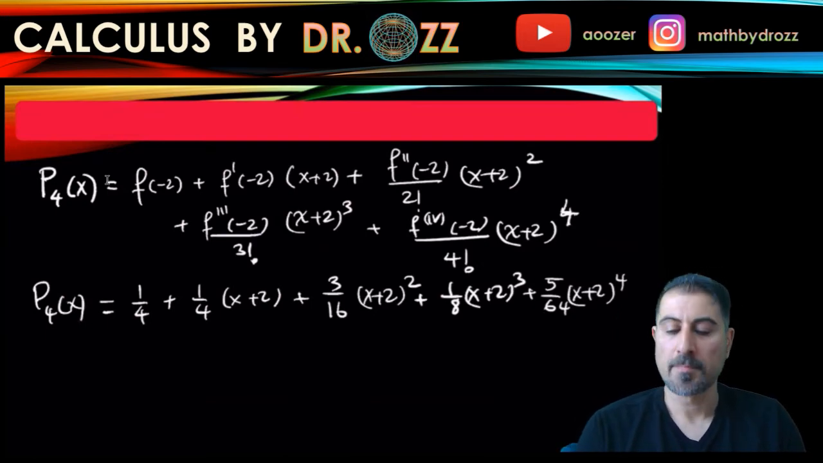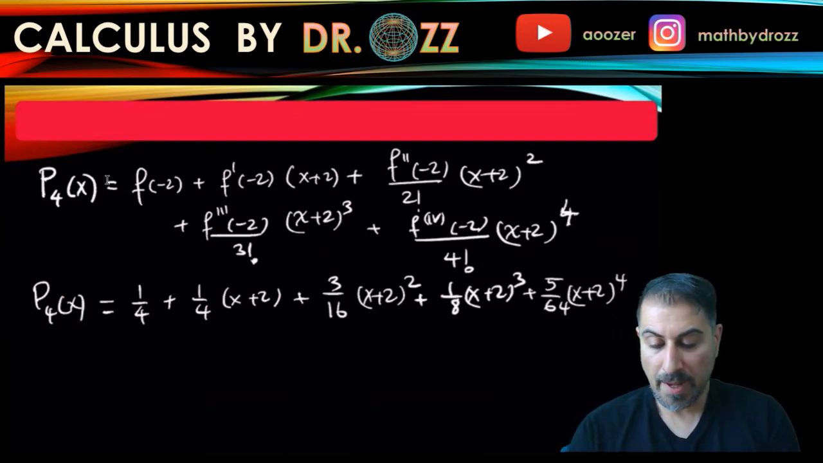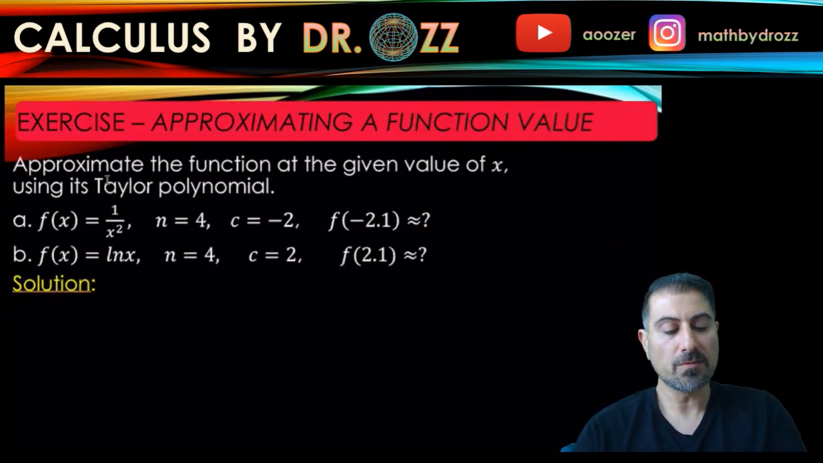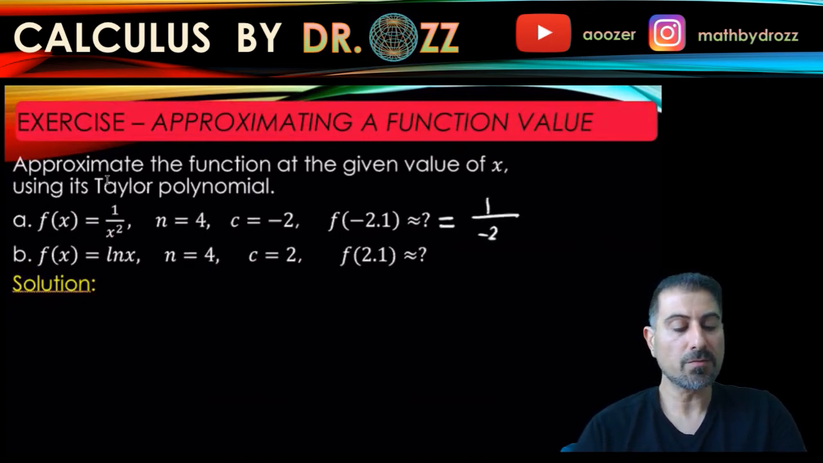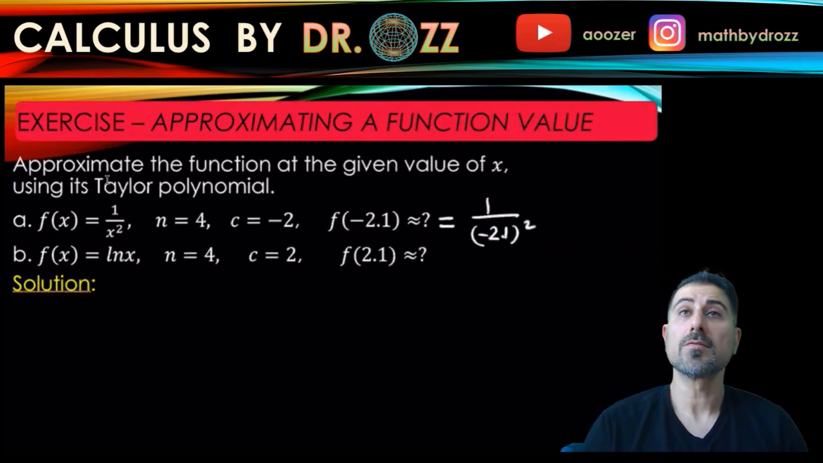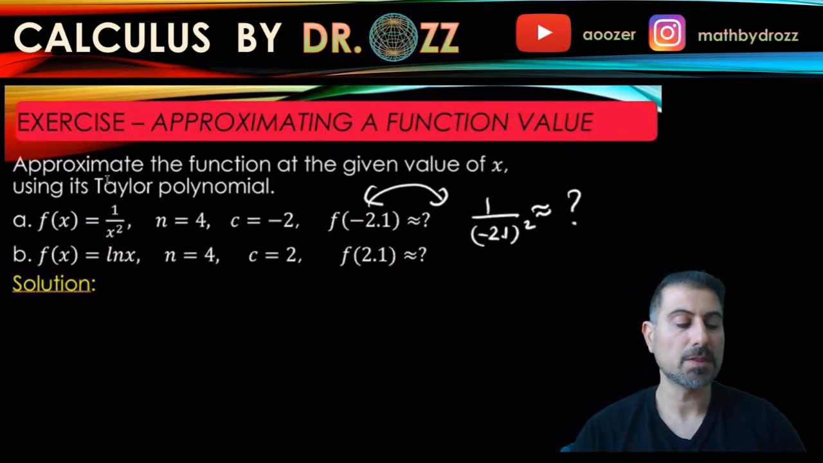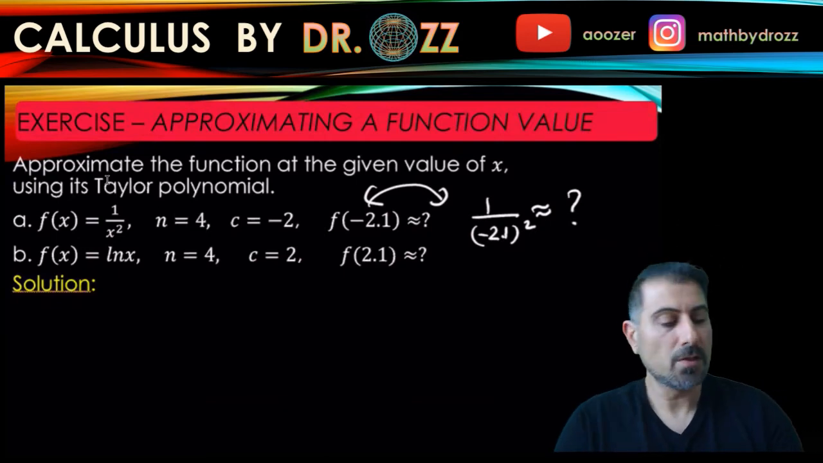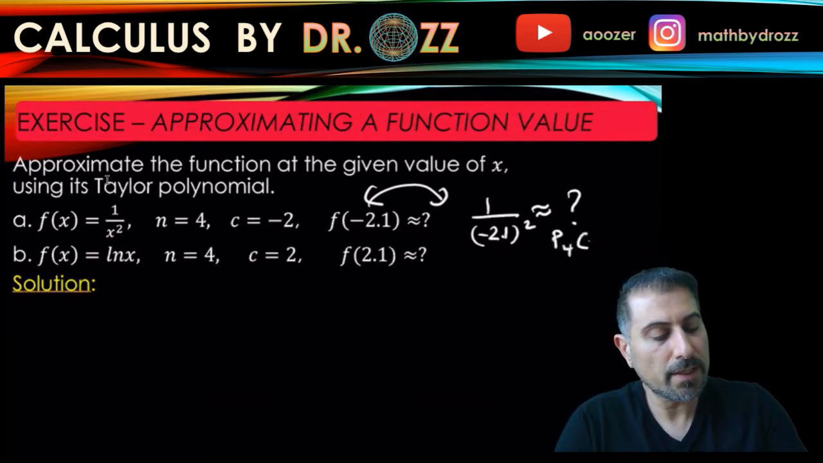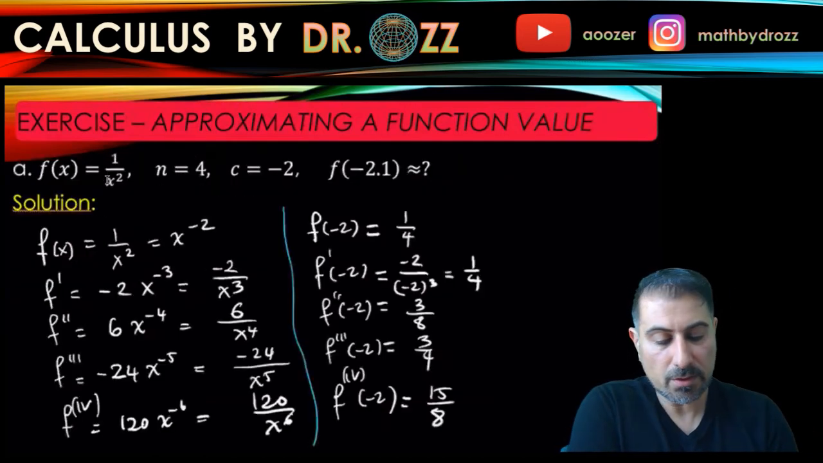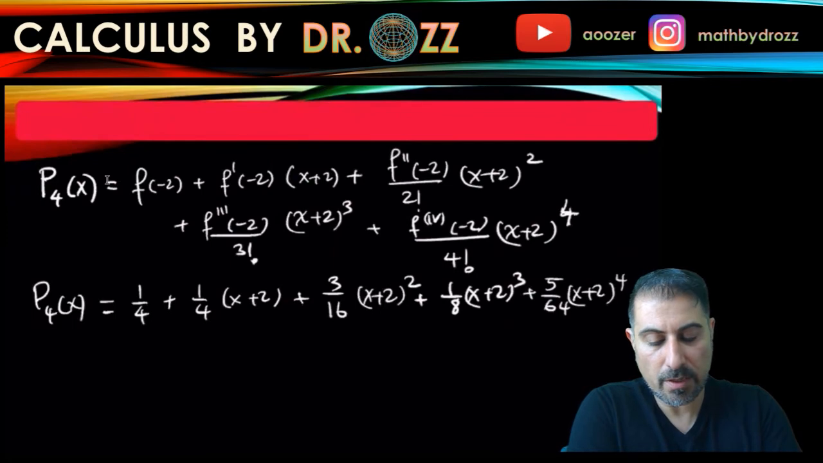Okay. Going back to the question statement, we're trying to approximate f of -2.1, which is in fact 1 over (-2.1) squared. This one, right? What is this approximately equal to? That's what we're after. So the answer is P4 at -2.1. So essentially, you are going to go back here and plug in